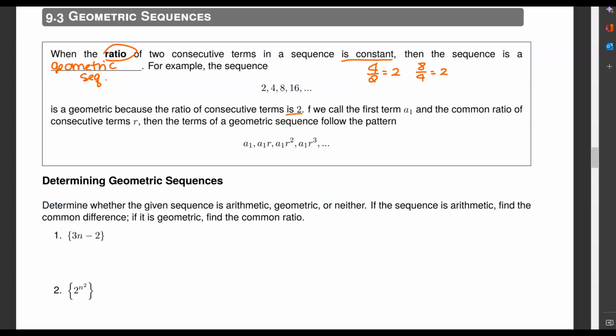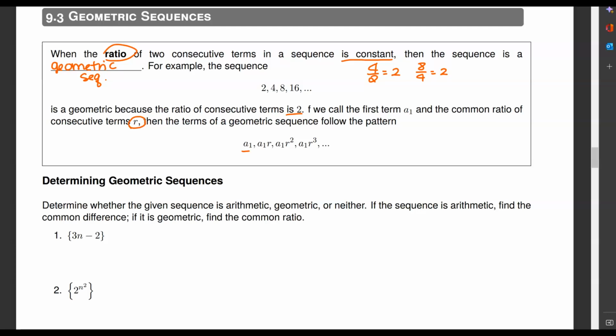We call the first term a sub 1, and the common ratio of consecutive terms r. Then the terms have this recurrence pattern: a sub 1 times r, a sub 1 times r squared, etc., etc. So now,